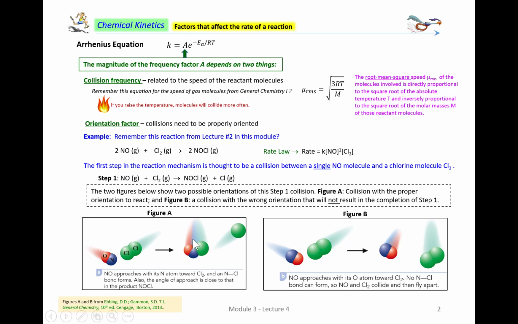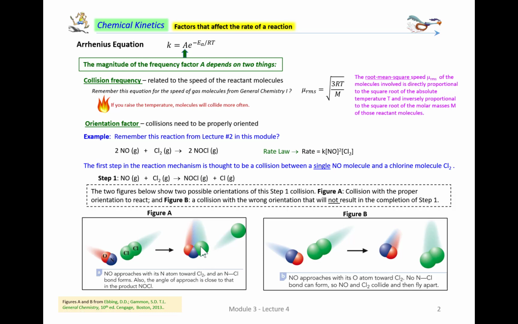As an aside, what's curious here is that when we write the formula NOCl, it implies that there's an oxygen-chlorine bond. Actually, in the molecule, there's a nitrogen-chlorine bond. And so this collision is perfect for reaction. And not only that, but the angle of collision here is about equal to the bond angle that's involved in this ONCl